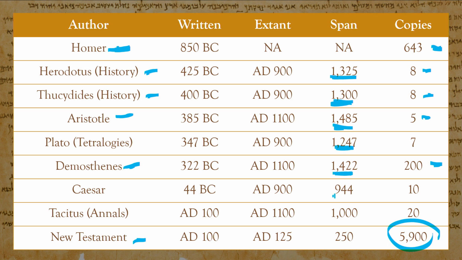The span for the entire New Testament is only 250 years, and that would be between the time that the last part of the New Testament was written, about 100 AD, and when the first complete New Testament was found, and that's Codex Sinaiticus, which would be about the year 350. So it's a 250-year span. But it's actually better than that, because we have P52, which is the earliest fragment of the New Testament, which was written within 30, 40 years. In one sense, we are in